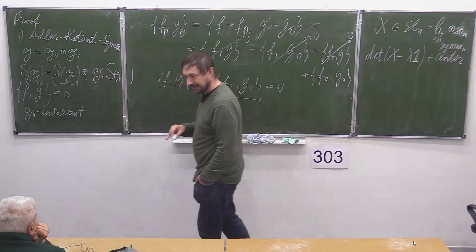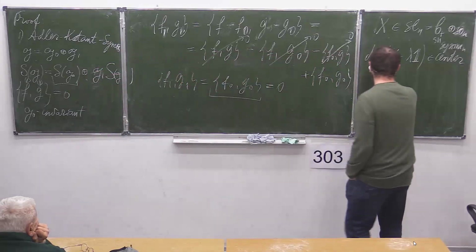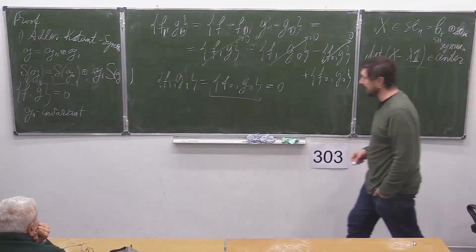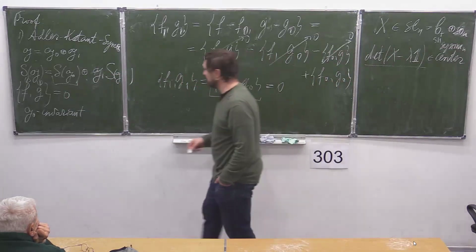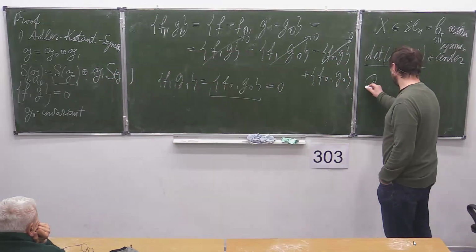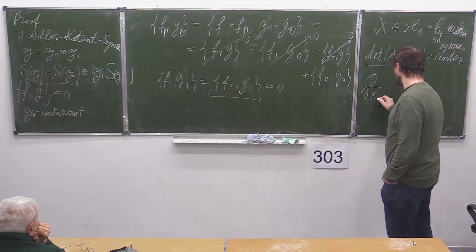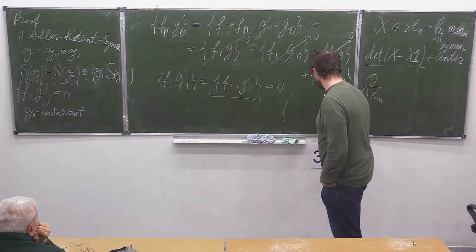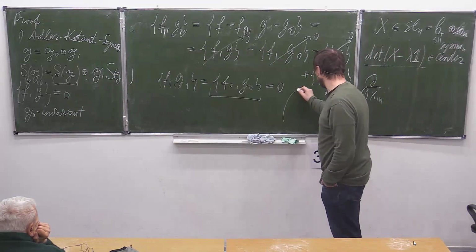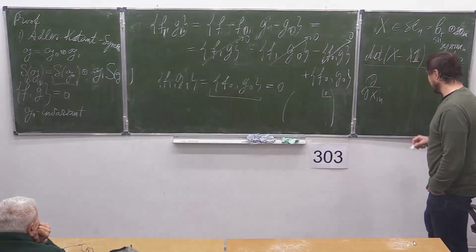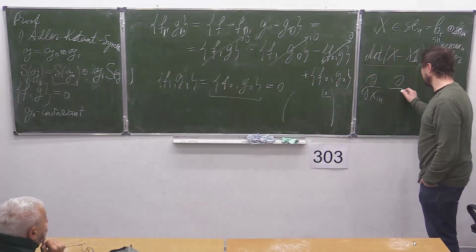You take coefficients of this polynomial, they're central, and therefore they verify these two conditions. But then you differentiate it by the top right element in your matrix. Then you differentiate it by the second element in this row,